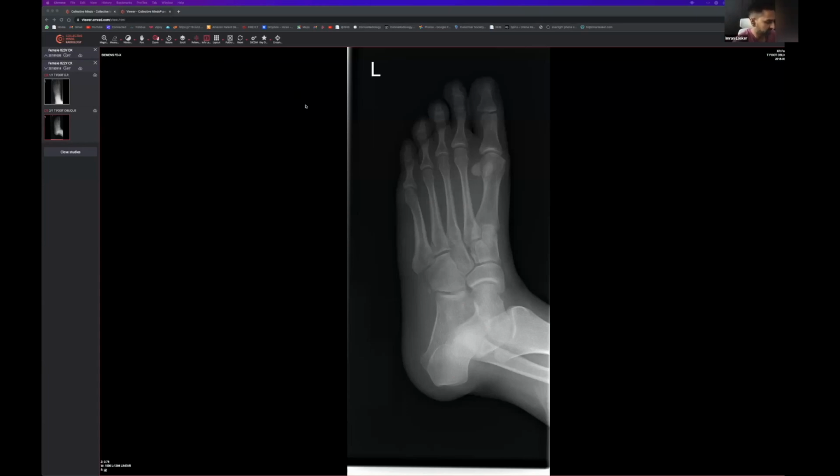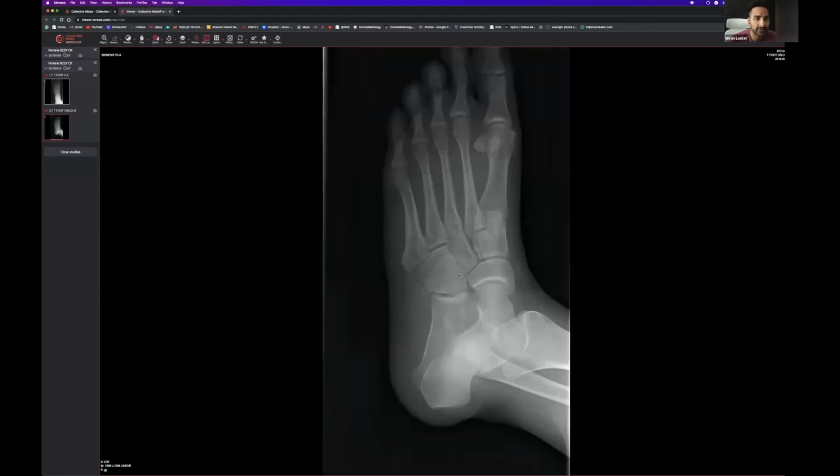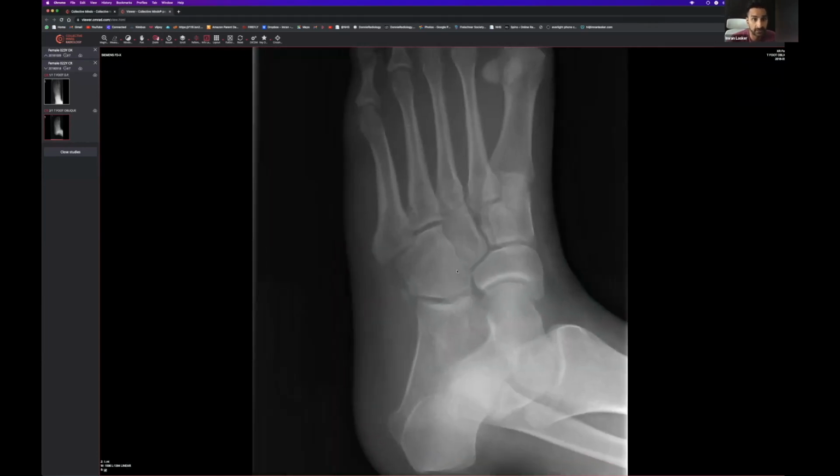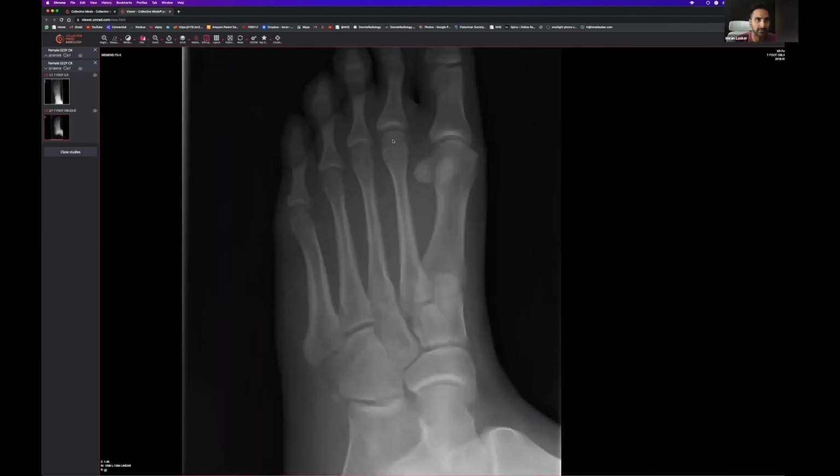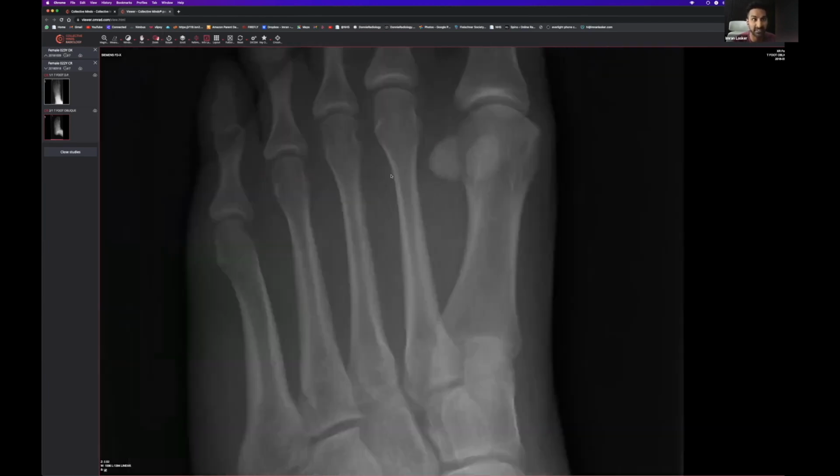And they've come in for this X-ray, and initially I think it was reported as normal actually, because it doesn't look too bad at first glance. But as you use a system, you will hopefully notice the problem. The way I do these things is I go for the high yield areas first. You go to the metatarsal heads and make sure that they are not completely flattened, and they don't look very sclerotic, because if they look sclerotic or hyperdense and flattened,